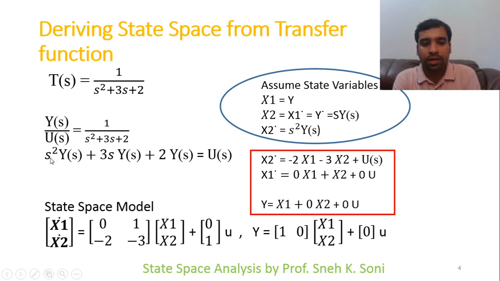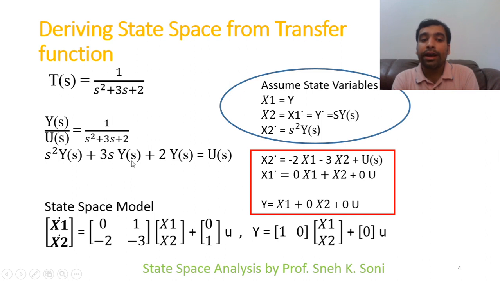So I have the equation s square y of s plus 3s y of s plus 2 into y of s equals u of s. In this equation, if I write s square y of s, then it will be equal to x2 dot. Okay, because s square y of s is equal to x2 dot plus 3 into s y of s. Here I can write 3 into